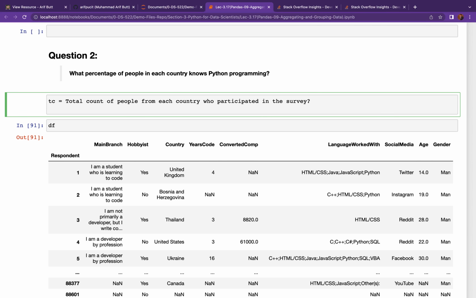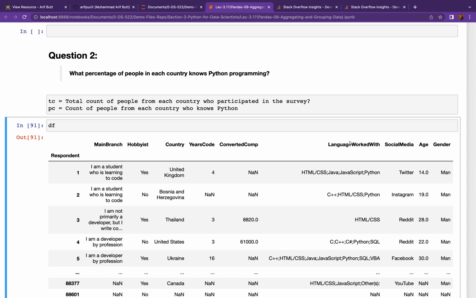And the next value is the Python count. Let me say PC. Count of people from each country who knows Python. And if I get these two values, I can easily calculate the percentage. Okay, so the columns of our interest once again are country and languages worked with. So to count the total number of people of each country who participated in the survey,